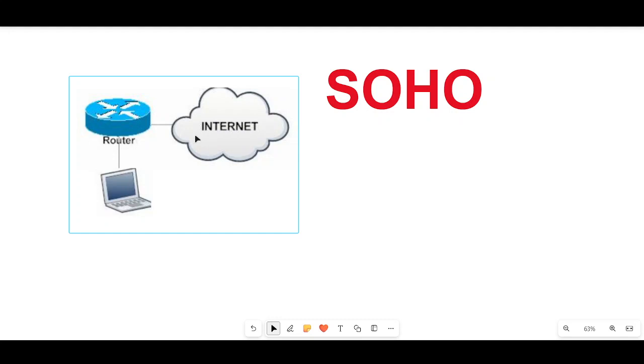That is the need. Now sometimes we can connect our laptop with a cellular phone with the help of Wi-Fi access,